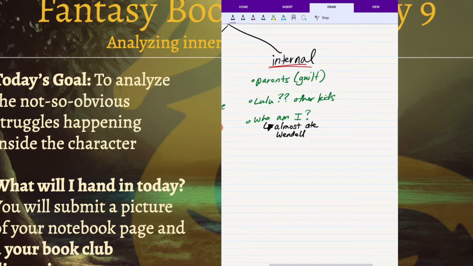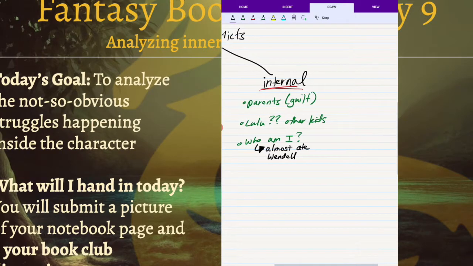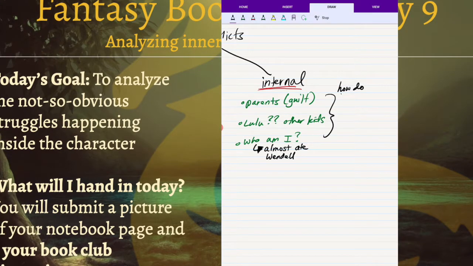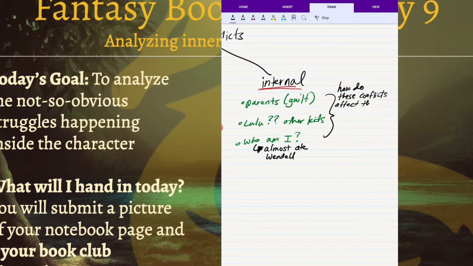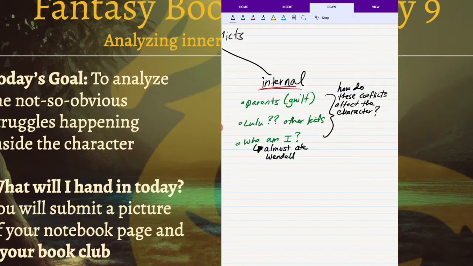So our next question, now that we have some ideas about the inner conflicts that he may be facing, okay, we want to ask, how do these conflicts affect the character? Okay. So what I might guess is that